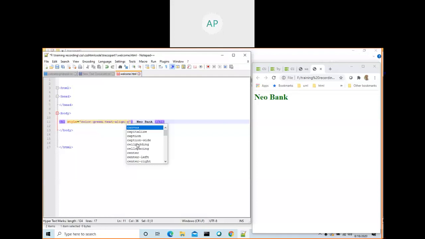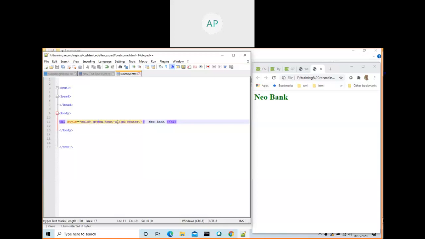So either you can use Notepad, or Notepad++, or the Eclipse editor, or Visual Studio Code, which we are going to see one by one. All are the same; each has different functionality which we can utilize during coding. Center, semicolon, very important. Property, value, semicolon.